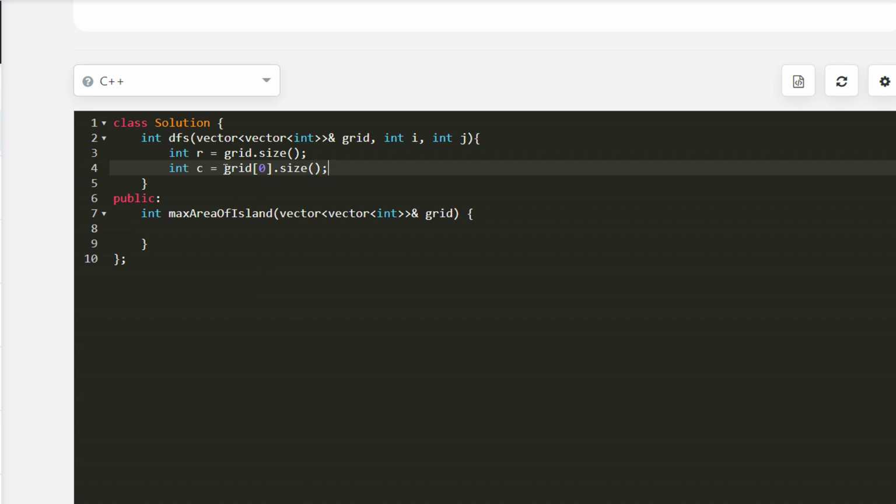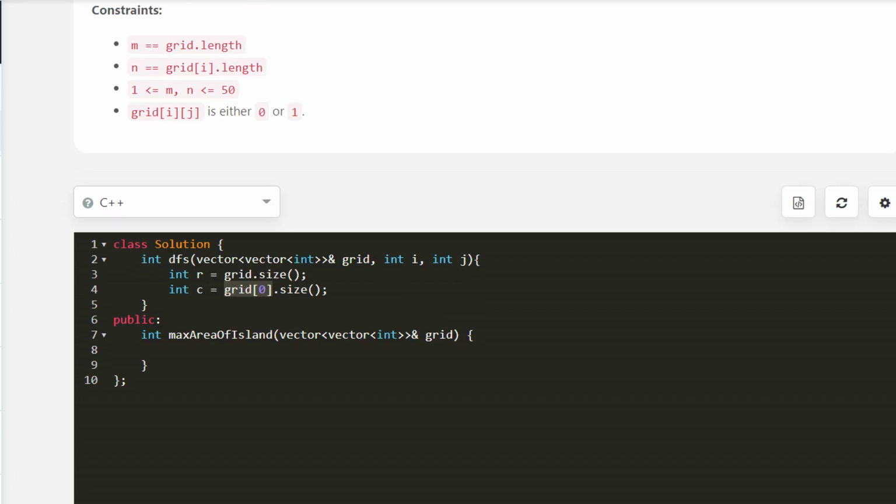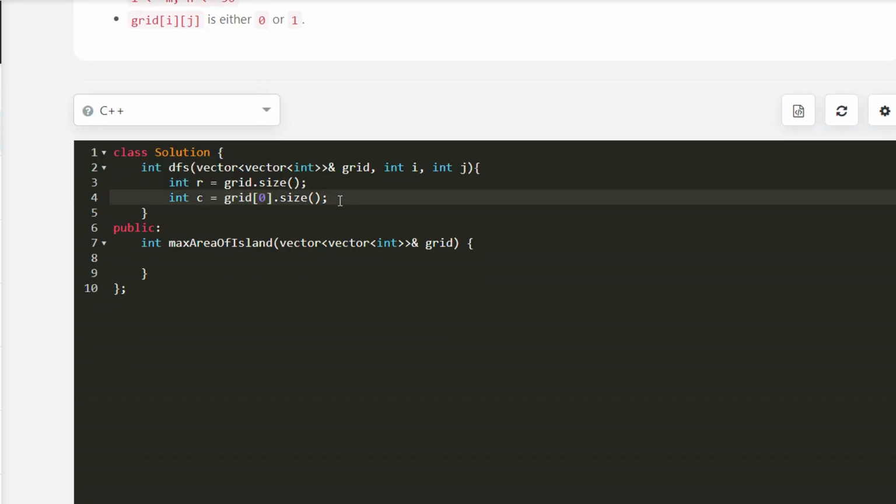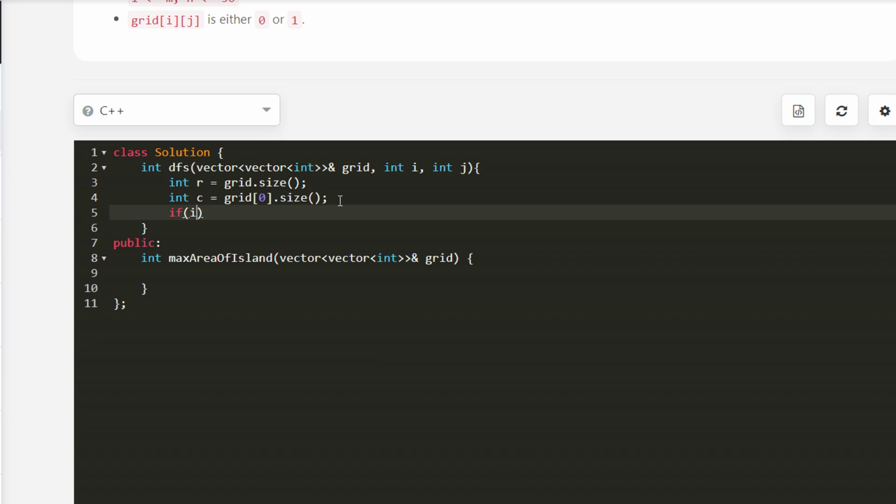So in general case you have to check that this R is more than 0, then only you can do grid 0, otherwise it will crash your program. But in this case we are not worried about that. Now if i is less than 0, so we are listing the invalid cases, or j is less than 0, so these are invalid cell indices, or i is equal to R. Let's write i greater than equal to R, but we will never reach greater than because we are incrementing it one by one. But let's write it greater than equal to R and j greater than equal to C,